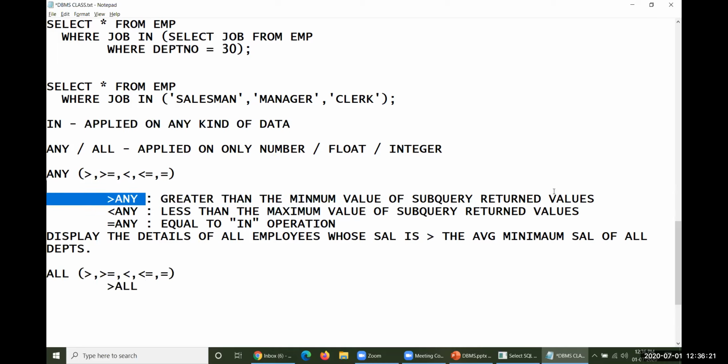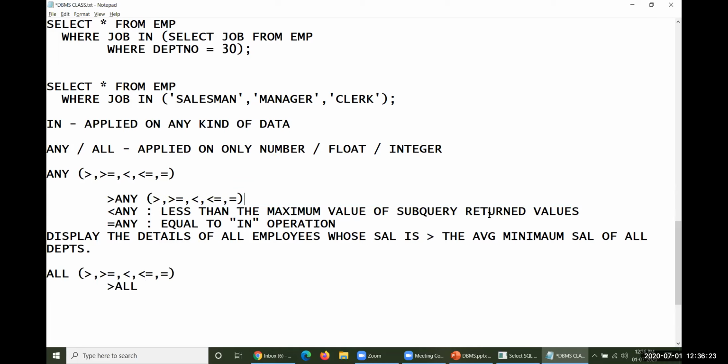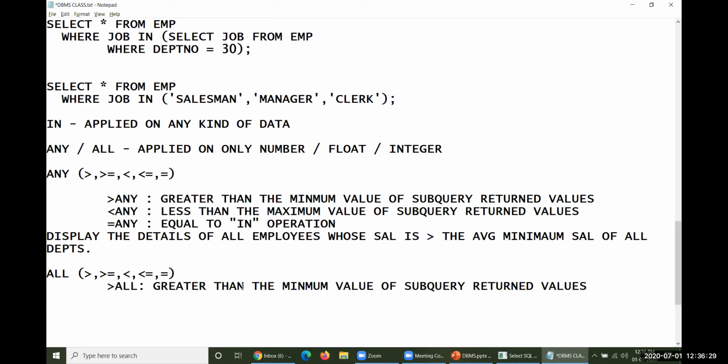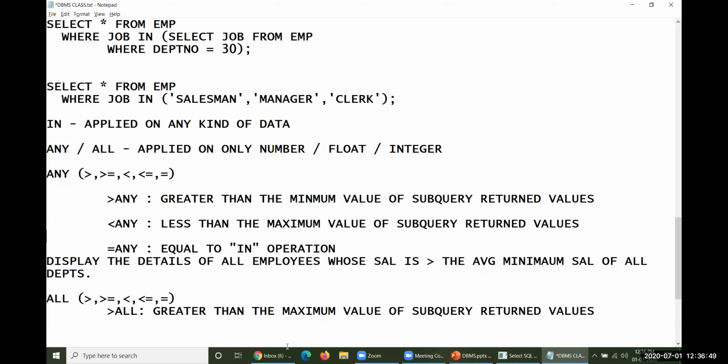But here it is in quite opposite form. Look at this. Greater than the minimum value of subquery returned values was copied from ANY. So greater than ALL is greater than the maximum value of subquery. This must be underlined here, and that must be underlined over there. Look at that.